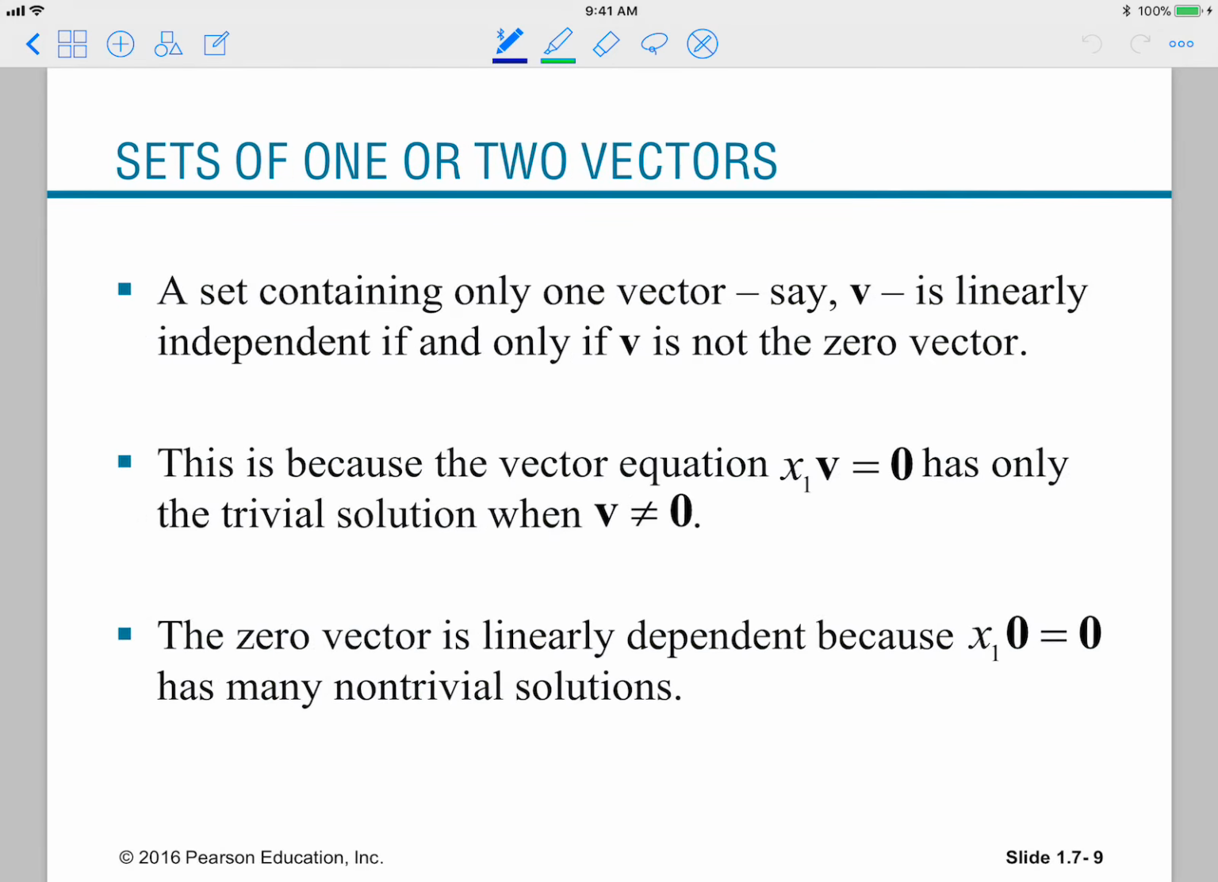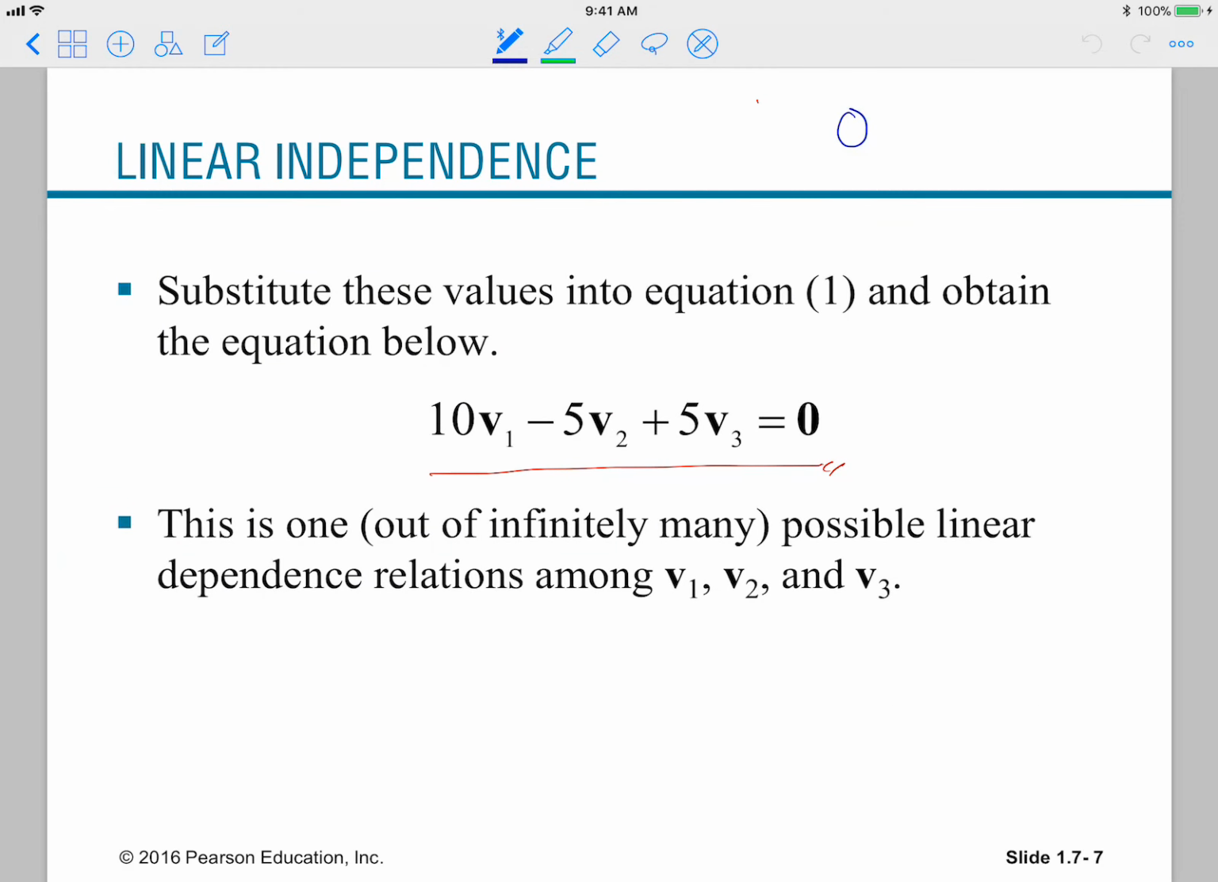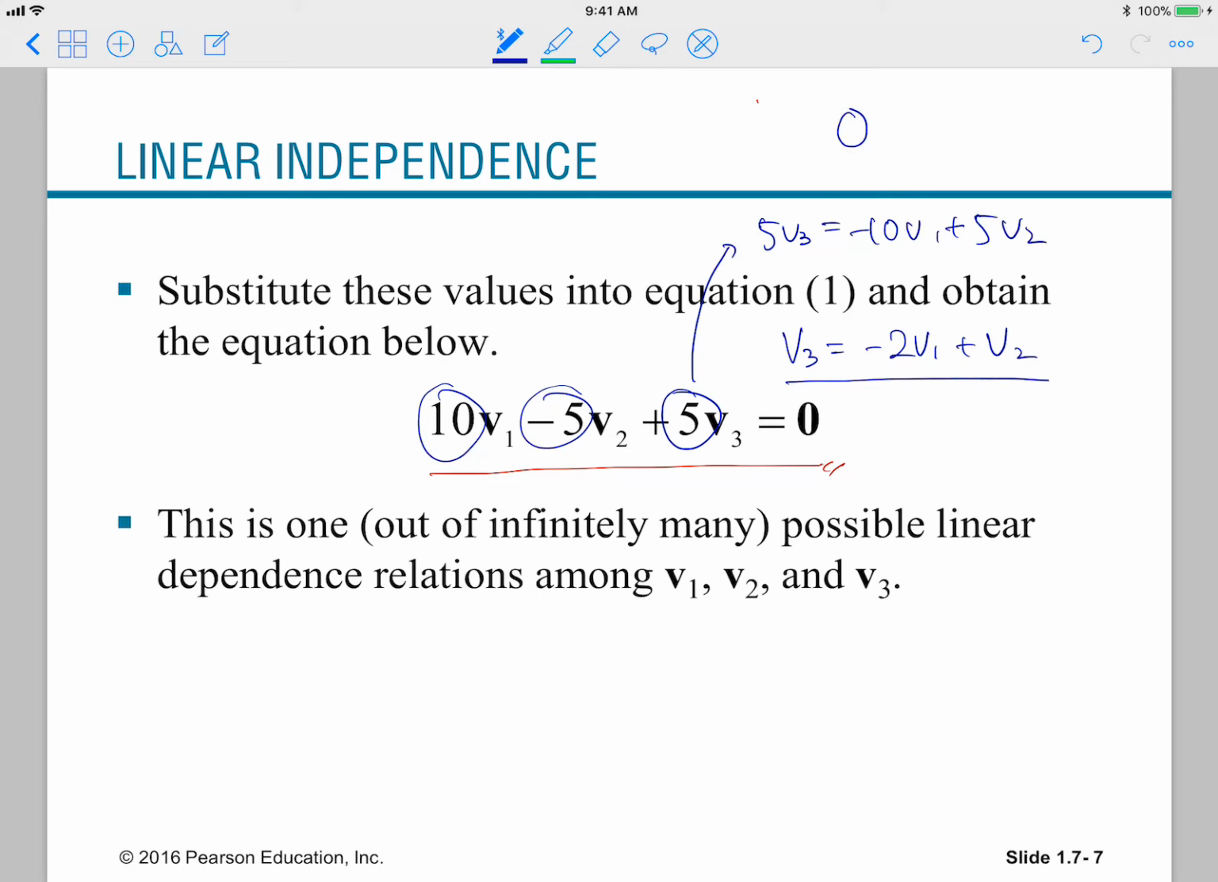Okay, so let's go back to this particular solution, like 10, -5, and 5. And then let's just try to represent this solution in this form. So 5v3 equals -10v1 plus 5v2. Okay, and then v3 will be equal to -2v1 plus v2, right? So if we have this non-trivial solution, then we can obtain this particular form